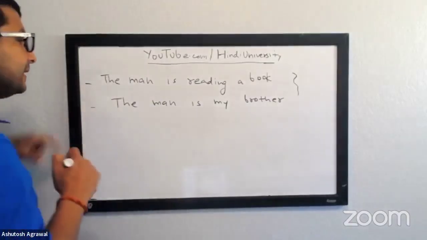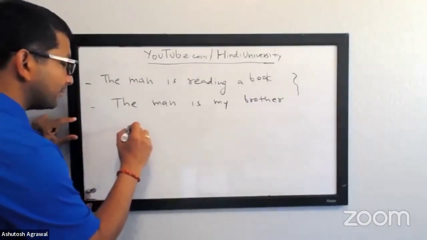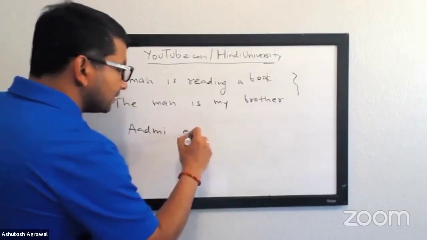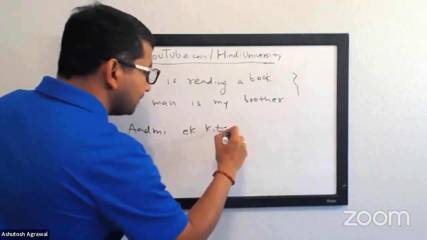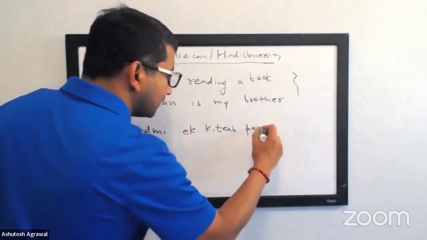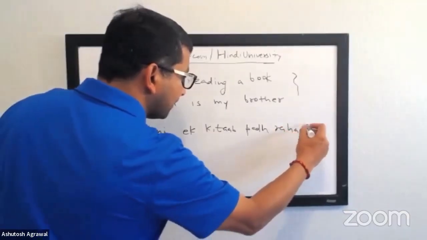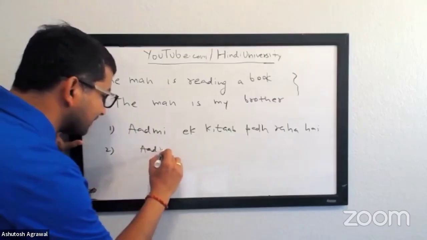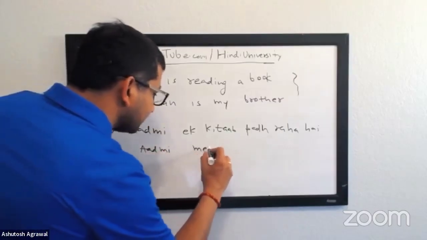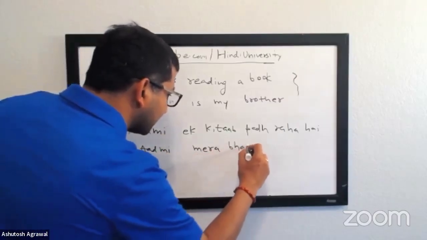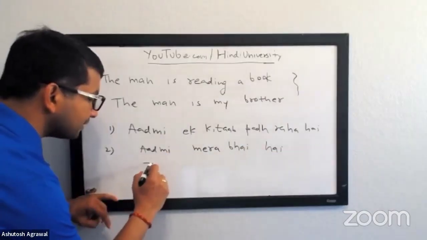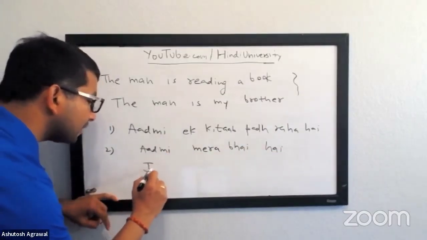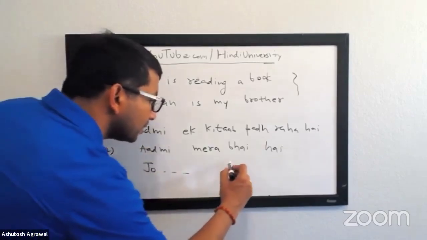What is the sentence in Hindi? The man is reading a book. Okay, very good. So I'm going to just write like this. आदमी एक किताब पढ़ रहा है. Okay, very good. How will you say the second one? That's very good. आदमी मेरा भाई है. You will end up using the relative, correlative pronouns, and then you end up saying जो and